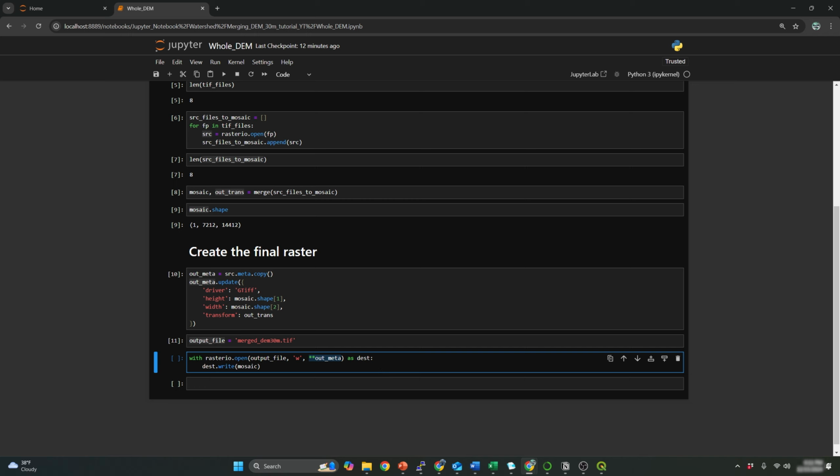And just because we're using with, we create this and assign it to the variable dest, and then we're using the write function to save the file, which is this mosaic variable. Okay, so now if I run it, depending on the size of the final file, it can take a lot of time. In some cases, if you're using 1 meter or 10 meter resolution, it will. I'm using 30, and because of my study area, it basically takes a few seconds